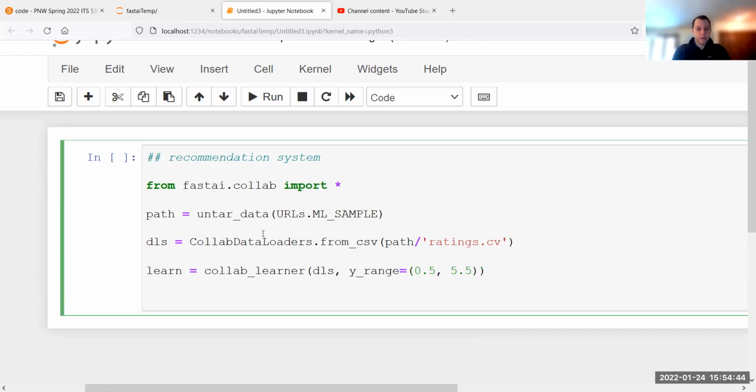And now, notice here we're going to do learn. We could do fit one cycle, but actually we can also do fine tune, just like we were doing before. And because there's no model, fine tune will just basically train from scratch. Okay, so that's basically all that we need to do. So now let's go ahead and run it.